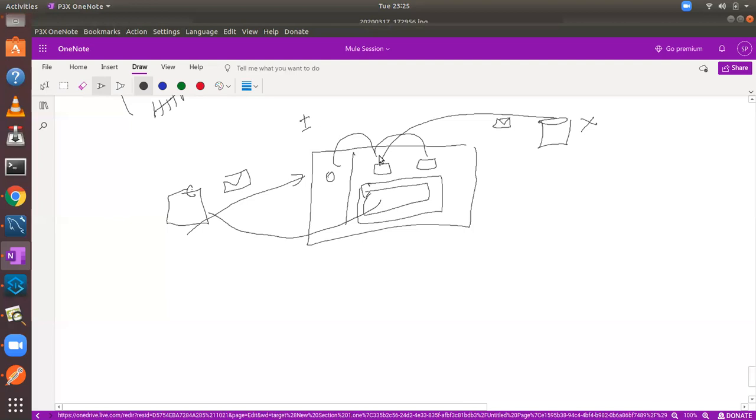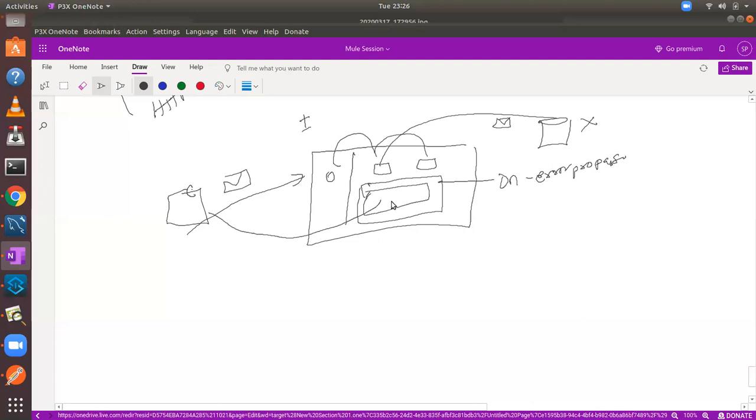Your primary intention of this flow failed. Do you tell the client, boss, everything got processed successfully? No, right? We need to throw the error back to the client. In that case, you configure on error propagate. As the name suggests, it propagates the error back to the client who called it if an error occurs.